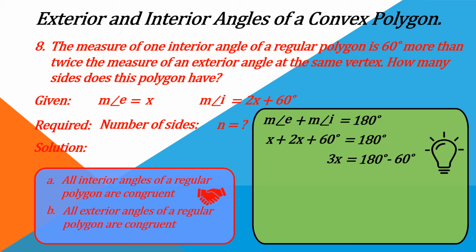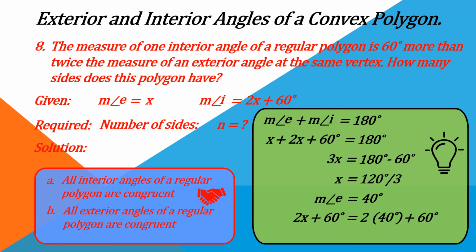And simplifying the equation, we have 3x is equal to 180 degrees minus 60. What we did in this procedure is we subtract both sides of the equation by 60. The 60 from the left-hand side of the equation was cancelled, and we have now minus 60 on the right-hand side of the equation. Simplifying further, we have x is equal to 120 degrees divided by 3, and simply the measurement of exterior angle is 40 degrees. And the measurement of interior angle is equal to 2x plus 60, equal to 2 multiplied by 40 degrees plus 60, or simply equal to